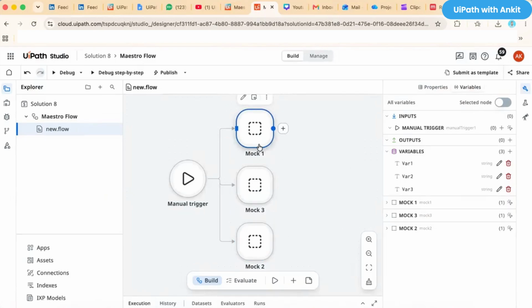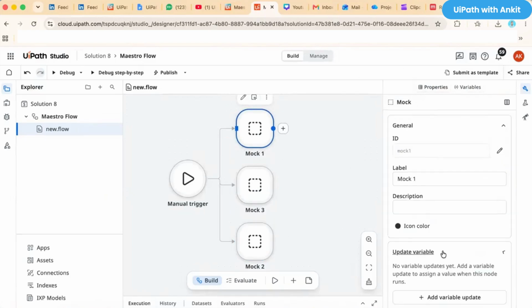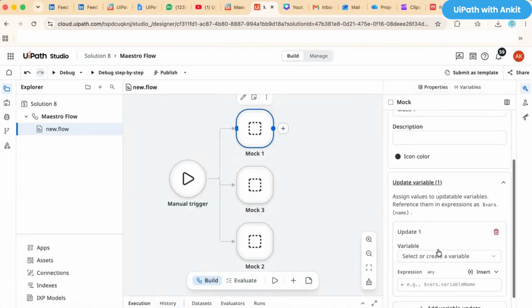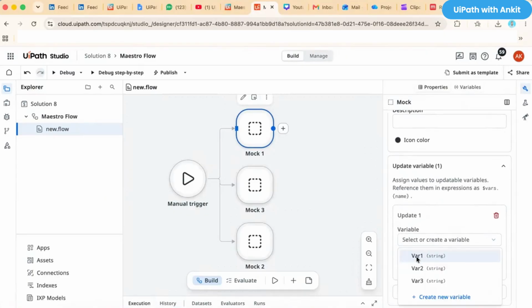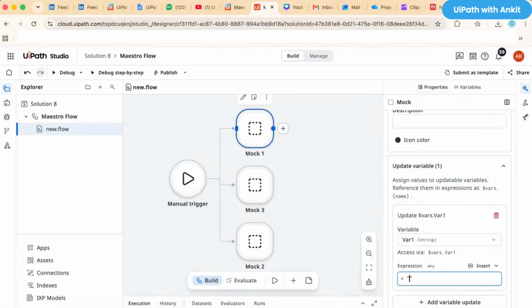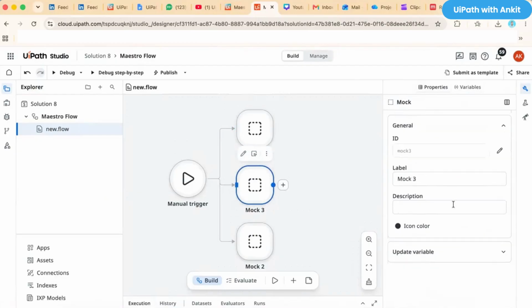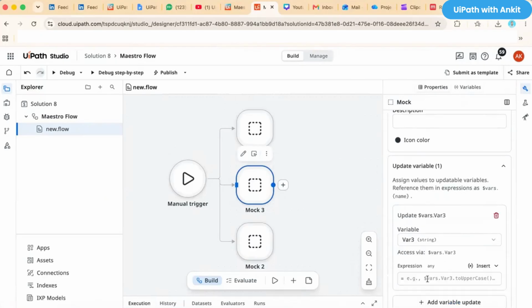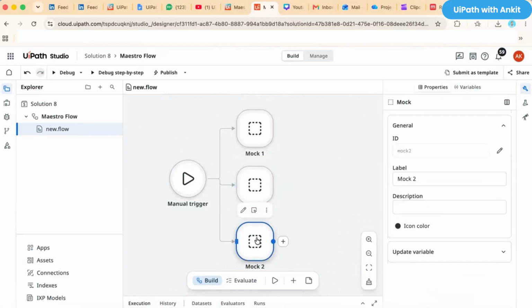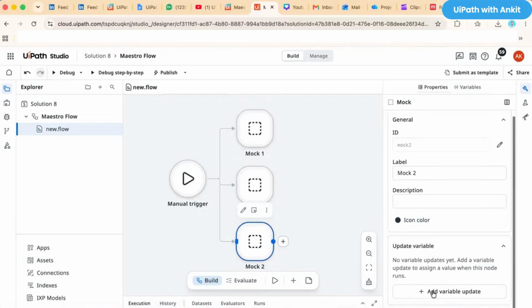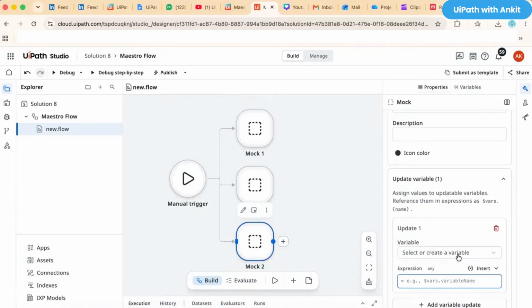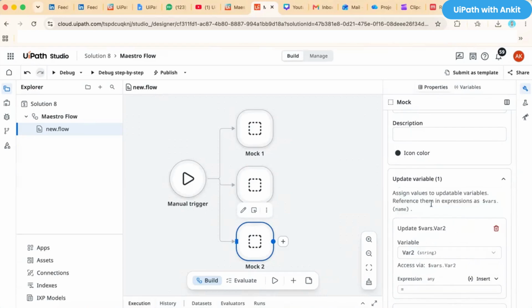First of all, I'll open this first mock's properties, and in Update Variable I'll update the value in var1, and in var1 I'll keep the value high. In the third one, I'll update the value in variable 3, which will be low. And in the third mock, I'll update the value in var2,